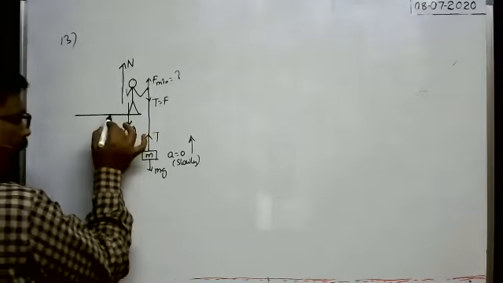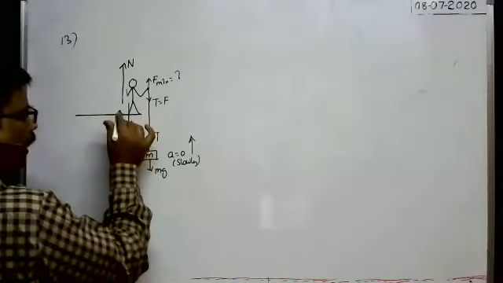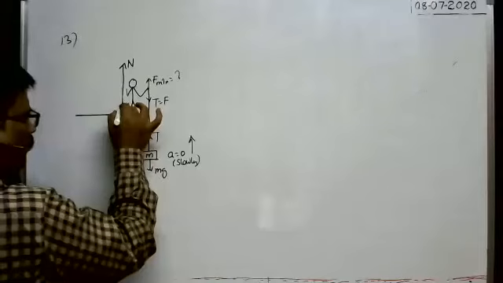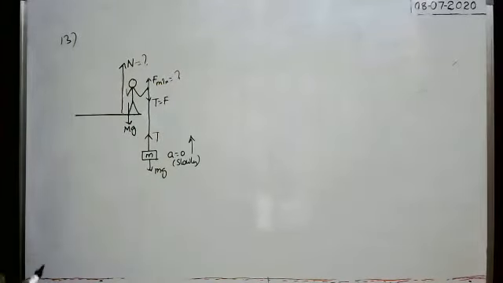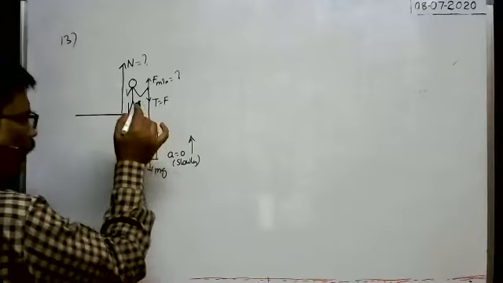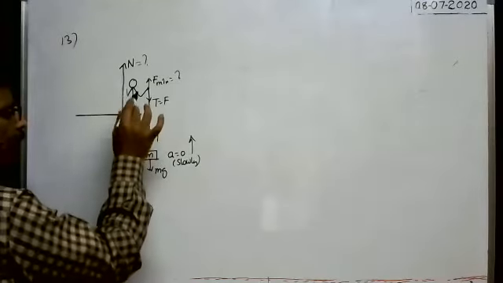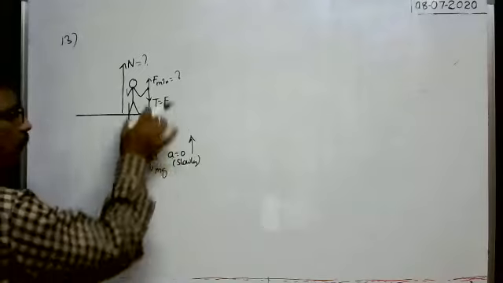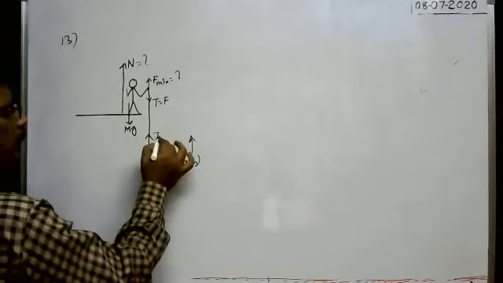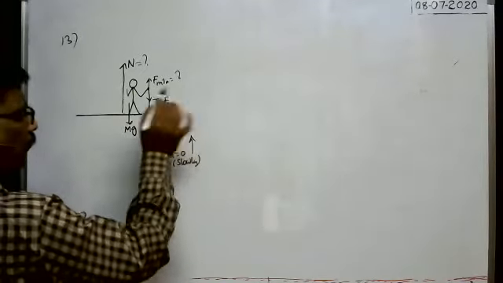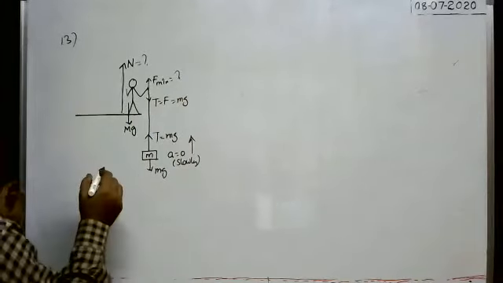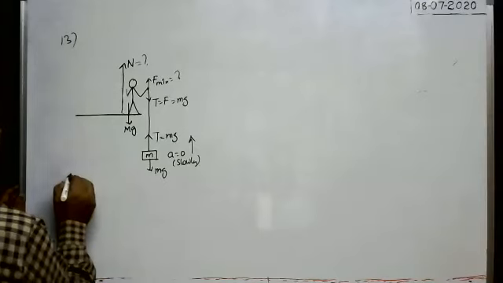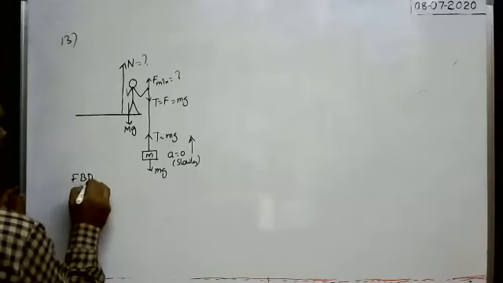That is, with whatever force the man pushes the floor downwards, an equivalent reaction force acts on the man upwards. That is the normal action. So in this case, what is the normal action? Tell me. You see, the minimum force with which the man has to pull the block in upward direction is at least equal to the weight. That's why this is equal to the weight mg. Of course, it is equal to the weight mg. Okay, now when you take the free body diagram of the man, the free body diagram of the man.